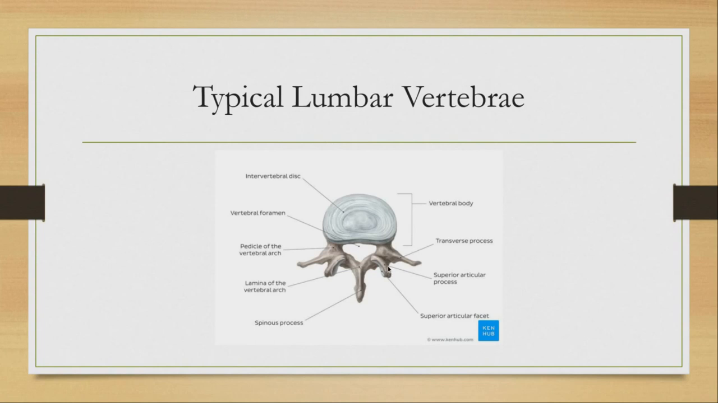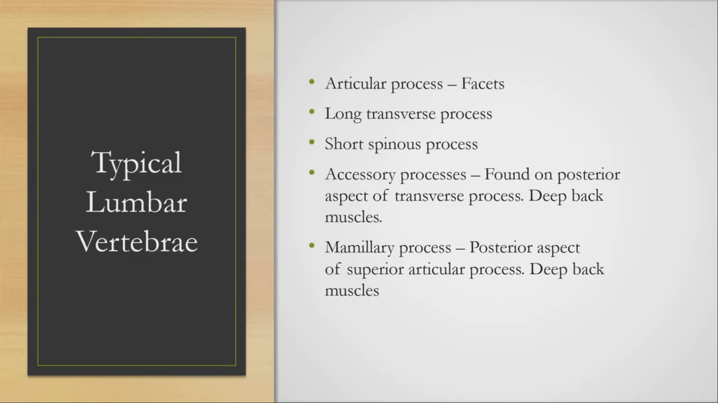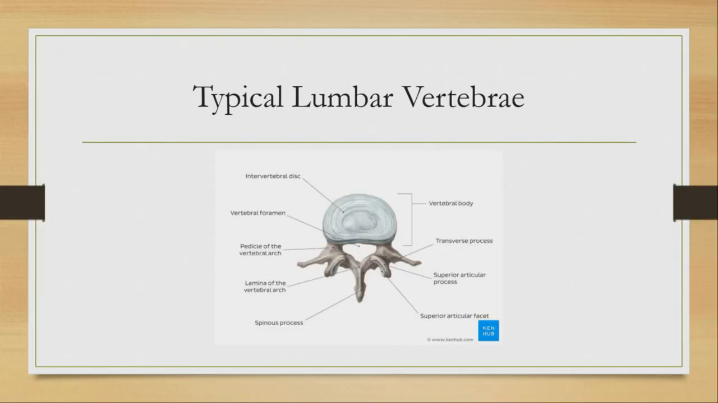So on the posterior side of the superior articular process is the mammillary process, and that will be a site of attachment for the deep back muscles. And the accessory process is found on the posterior aspect of the transverse process, and that is also a site of attachment for the deep back muscles. And again, like the other typical vertebrae, it has a pedicle, a lamina, transverse processes which make up the vertebral arch, and it also has a vertebral body